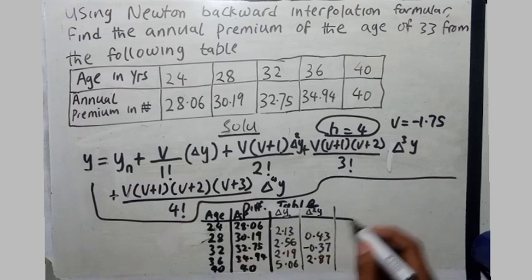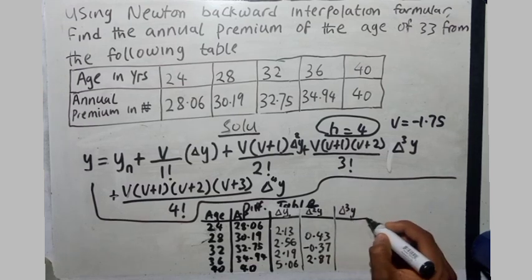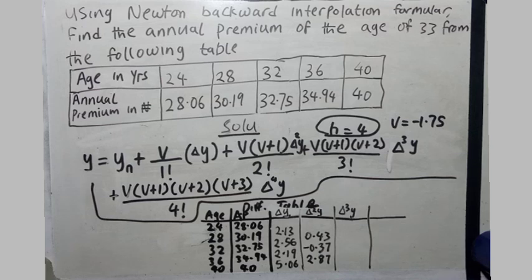2.87. Now for our third change in y, for this thing, we're going to be having minus 0.37. We subtract it from 0.43, and we have minus 0.8, and